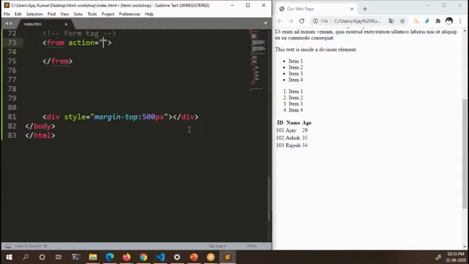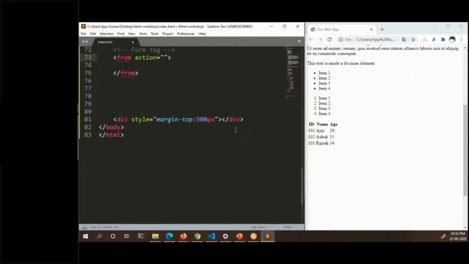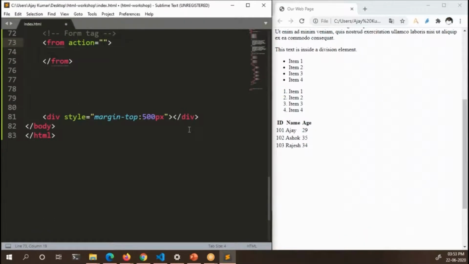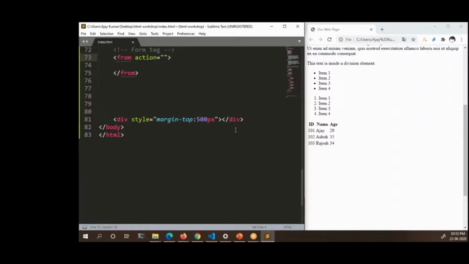What the action attribute does is it lets you specify that when this form is submitted, the data from the form controls needs to be sent to this location or this URL.